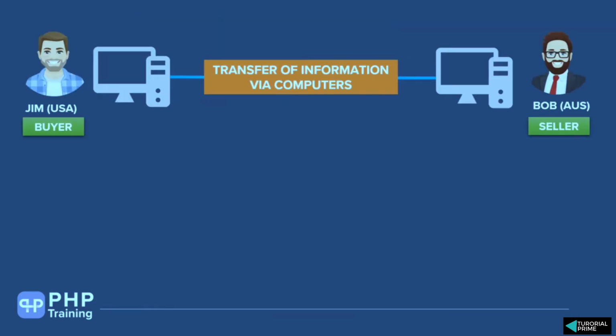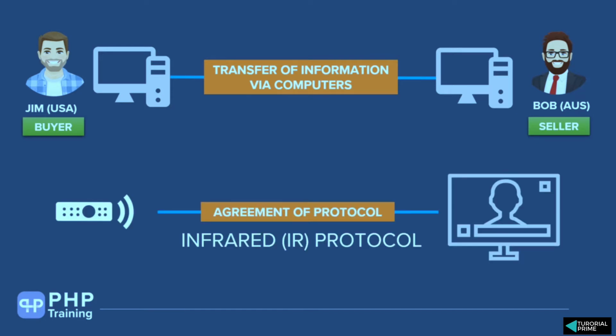So let's look at this example of transfer of information via computers. We said that we will use the TCP/IP protocol. TCP/IP protocol basically helps you transfer information from one computer to another computer. Let's take an example of your TV remote and your TV, where we agree on a protocol, saying that the infrared protocol is used to communicate between your TV remote and your TV. So that's not a problem. Communication can happen. You can control your TV with your remote. But there is no distance problem between your TV remote and your TV. Obviously, if you take your remote and go out of your house and try to control your TV, it will not happen because the distance is a problem, right?